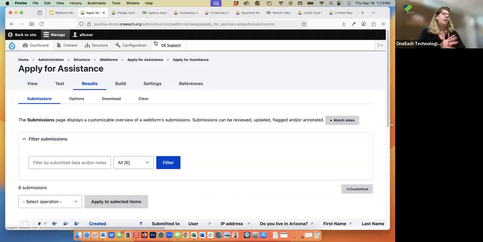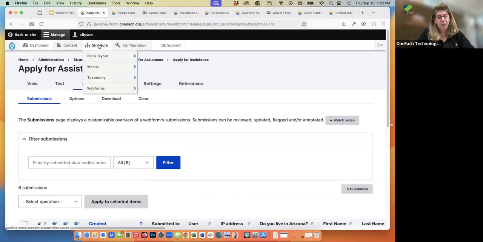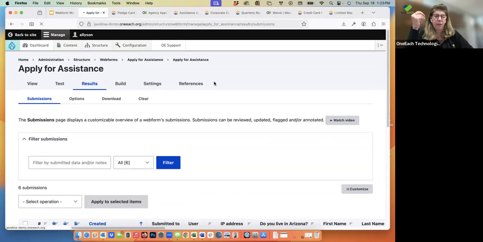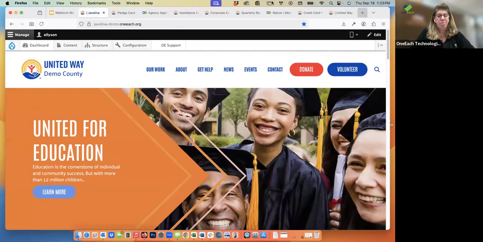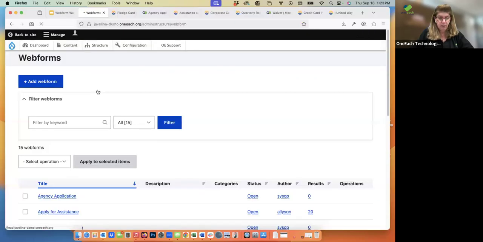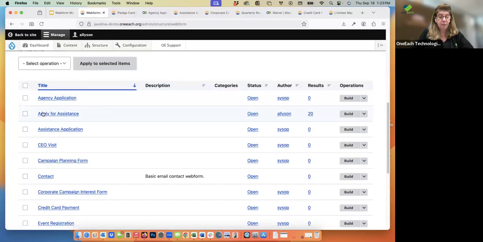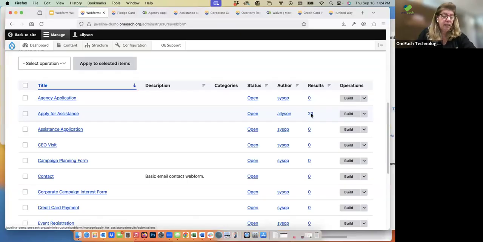So let's just say I had this form out there for a while. I am going to just go back to my homepage and be like, oh, I wonder how my form's doing. Maybe I got emails of it and maybe I just need to go look. How do I check on the form results data? Go to structure, go to Webforms, find the form. So apply for assistance. Wow, I got 20 in. You guys are awesome. So when I go ahead and click that 20,